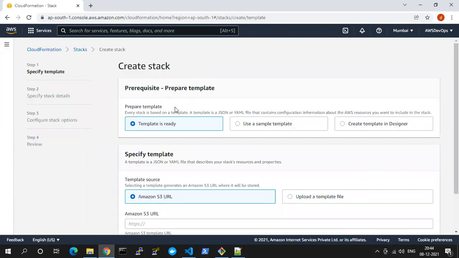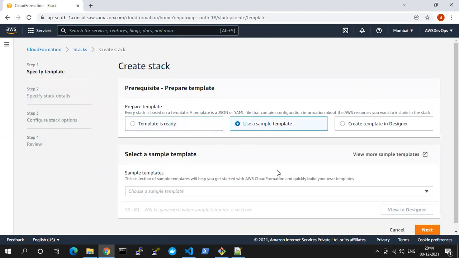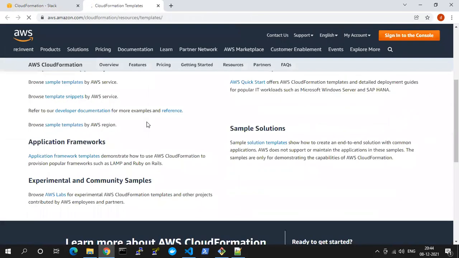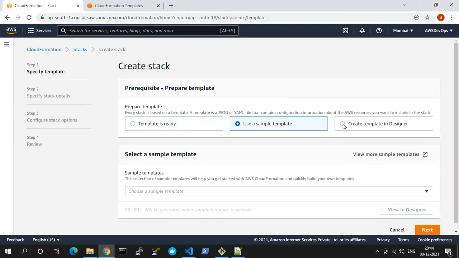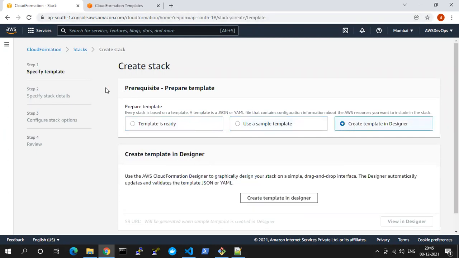If you click on create stack, you are able to see four steps on the left side: specify template, specify stack details, configure stack options, and review. In the first step, you are able to see options for preparing the template. If the template is ready, then you need to upload the template. If you want to use a sample template, Amazon provides sample templates, and you can use them here. And create template in designer. So here we are creating the stack